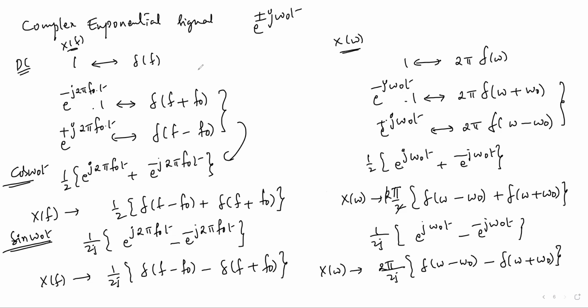Very, very important. I am giving both frequency analyses, X of f and X of omega, simultaneously to avoid confusion in future. Because sometimes they ask X of f analysis, but sometimes they ask X of omega analysis. You should be familiar with both sides without any confusion. That's my goal. I already told you Fourier transform is a bit sensitive, critical topic. There is a chance of making small mistakes. That's why, if we come in this order, first of all you will get a clear picture of Fourier transforms, and then you can easily solve in the examination.